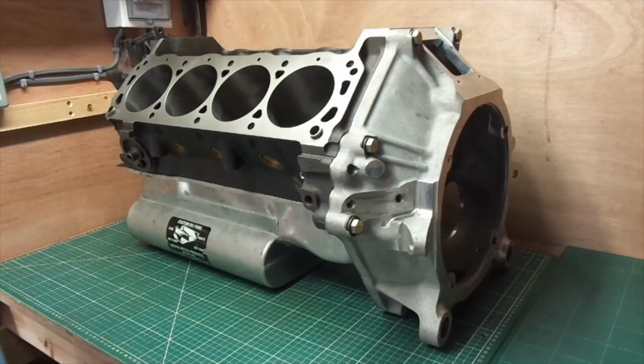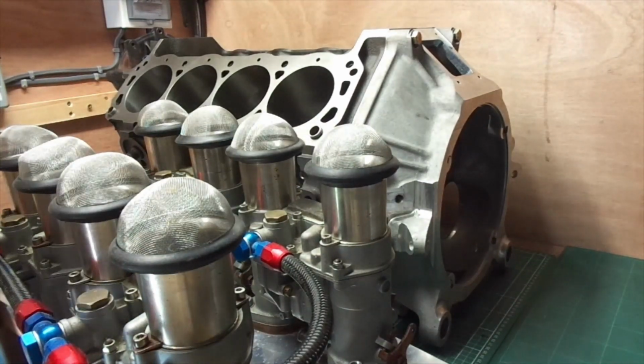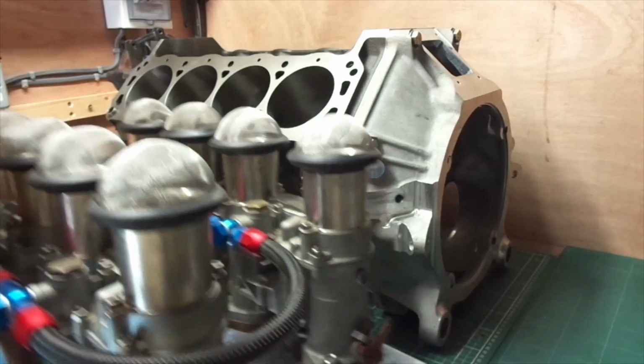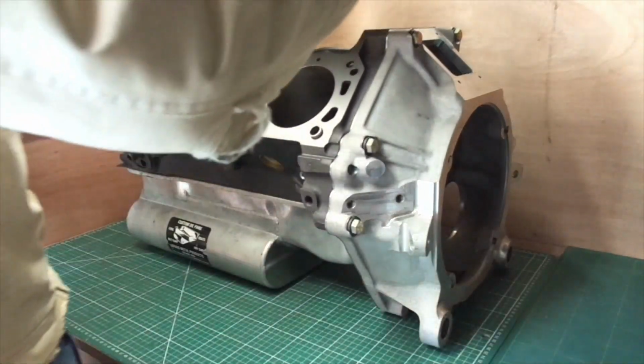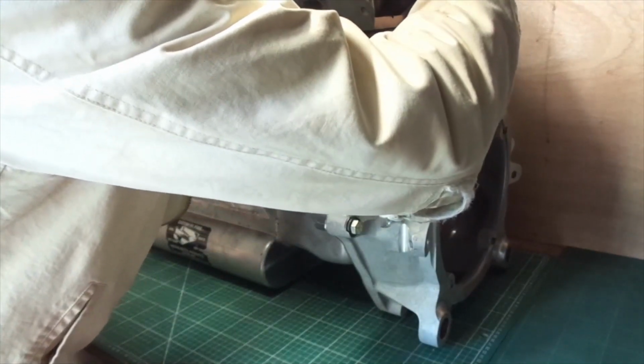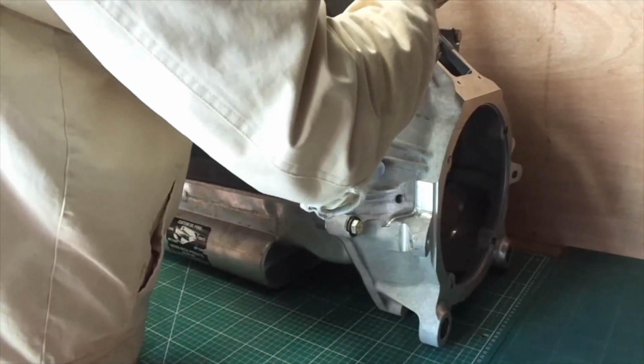There it is. Oh, what's that? 48 IDA original Italian Weber carburetor. And yes, those are T-strainers on the top. The reason I'm just putting it up here is mainly for space, because to be able to move the engine towards the engine bay, I've got to make some more space. So I thought I might as well just put it on the engine and have a nice little